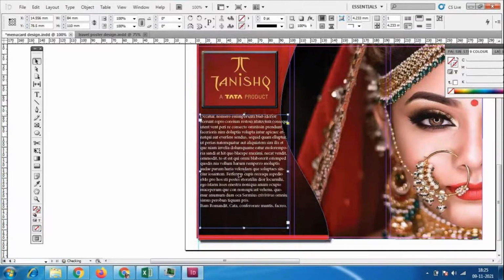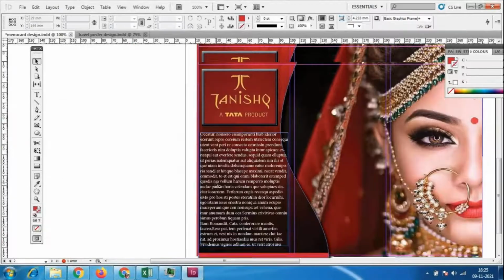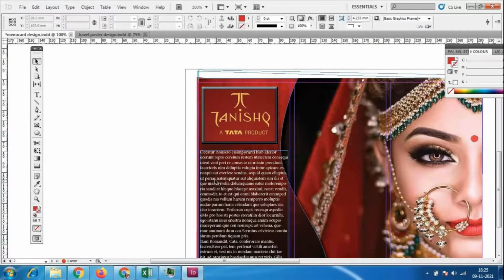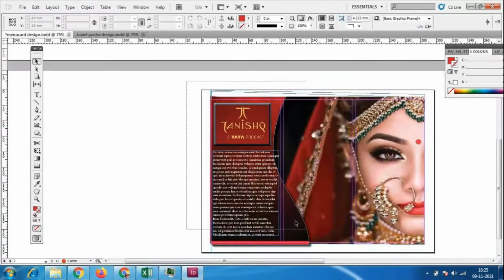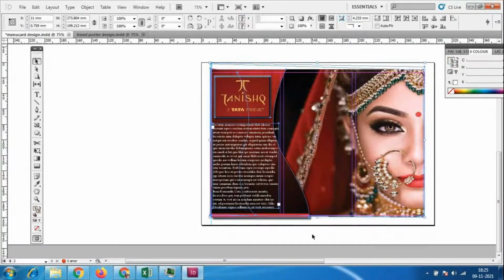Again I'll go to type, fill with the placeholder text. However much information I add, that much is going to come here. I'll select everything, otherwise I'll select this much, and I'll go to this option, wrap around object shape.